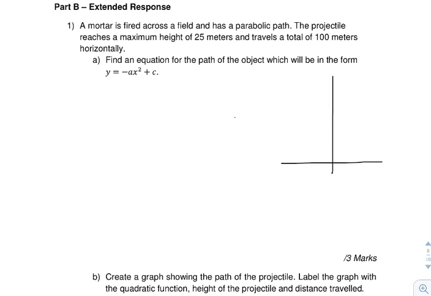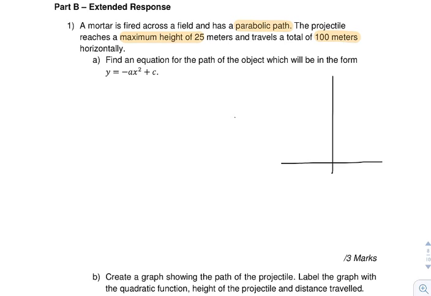Part B, extended response. Question 1. A mortar is fired across a field and has a parabolic path. The projectile reaches a maximum height of 25 meters and it travels a total of 100 meters horizontally. Find an equation for the path of the object, which will be in the form of y equals negative ax